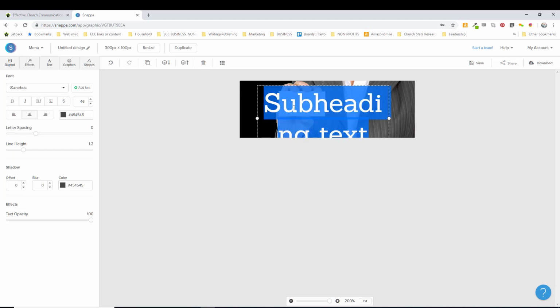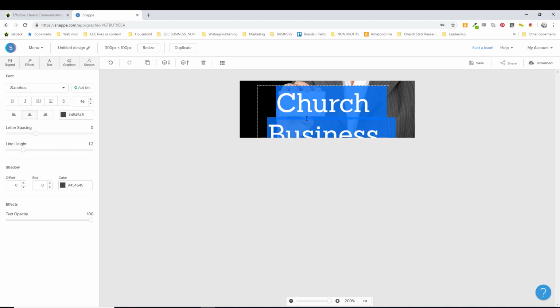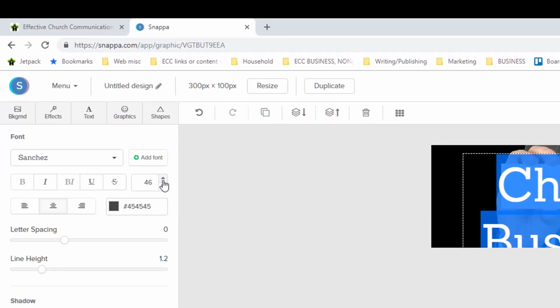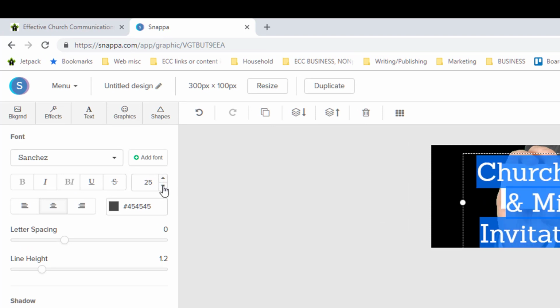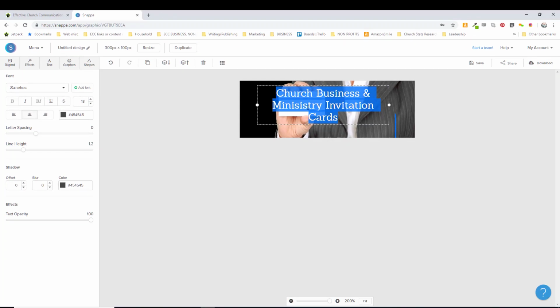And what I want to say is church, business, and ministry invitation cards. And I probably spelled something wrong because I couldn't see it. But anyway, actually you can do Control A and you highlight all of it. And then you go over here to the size box and you can just hold that down. I know I misspelled ministry. Until it gets to be about the size that you want it to be. And I think that's going to be about right. I'm going to correct the spelling on ministry,